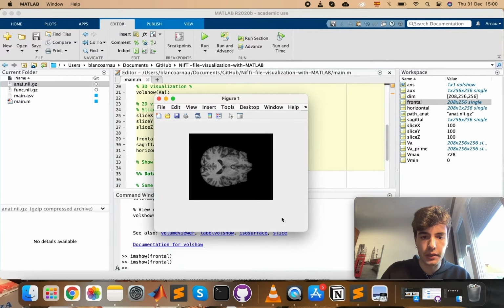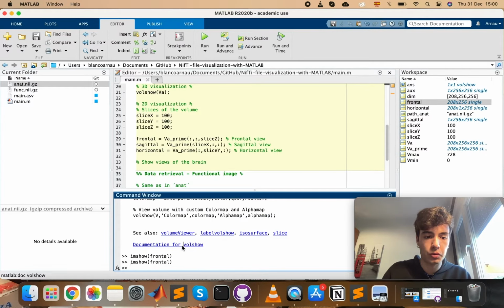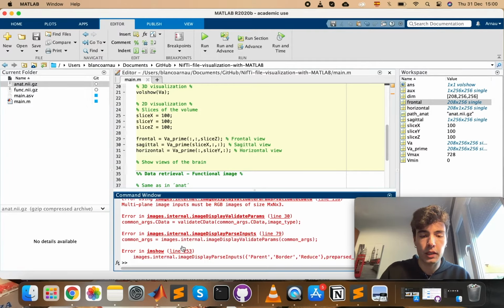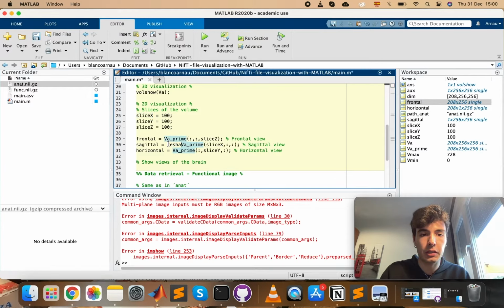So it'll look like this with no problem. But if I try to do imshow of horizontal, then it pops up an error. Okay, so I need to reshape sagittal and horizontal,